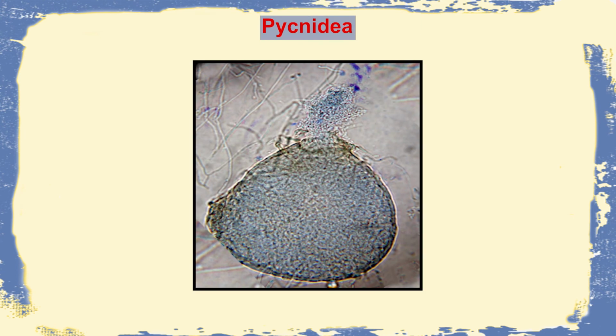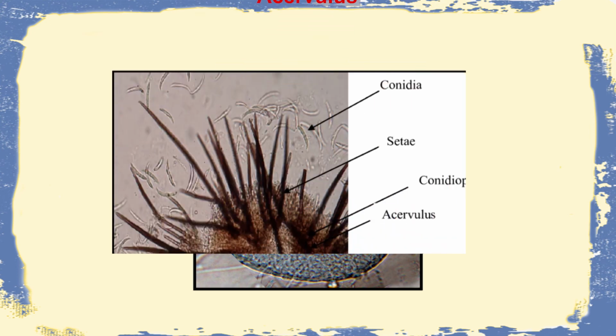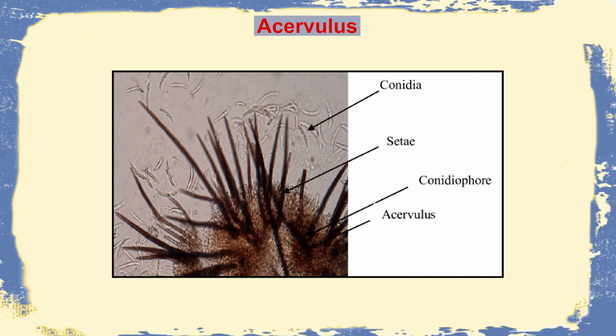Pycnidia is also present in higher fungi like in Basidiomycota, and it means a sac-like structure where they will produce the pycniospores which will come out in aggregate. But the third structure, which is called the acervulus, will actually be growing as a mat on which the finger-like conidiophores are produced, and they produce the conidiospores, or sometimes